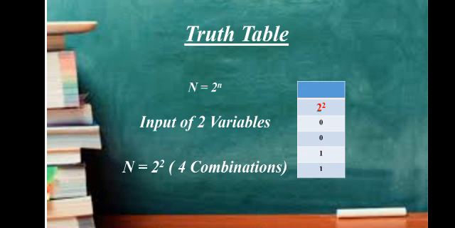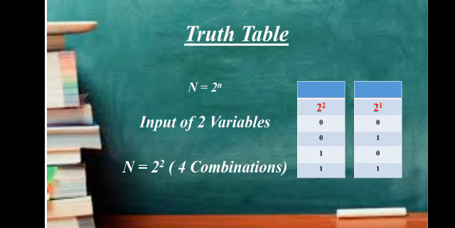In the first column there will be 4 combinations of 0 and 1s. So for 4 combinations in first column there will be 2 zeros and 2 ones. And in second column 2 raised to power 1 there will be 1 zero and 1 one. So it will represent 0 1 0 1. There will be single input, and these are actually your inputs. And when you apply any AND, OR, NOT function on that, you will get output and it will be written on right side.